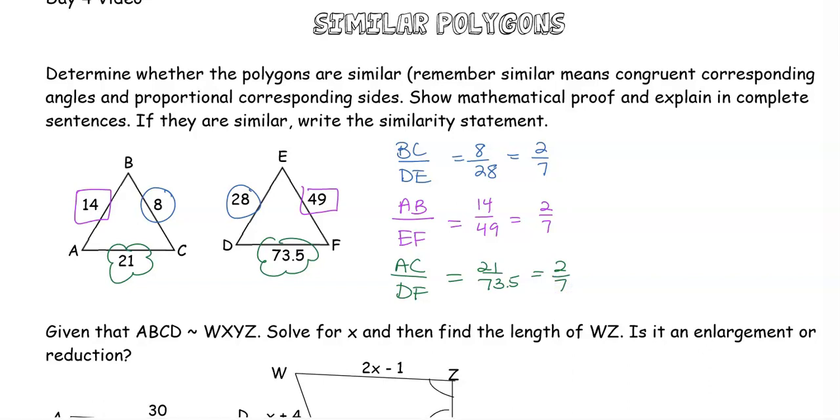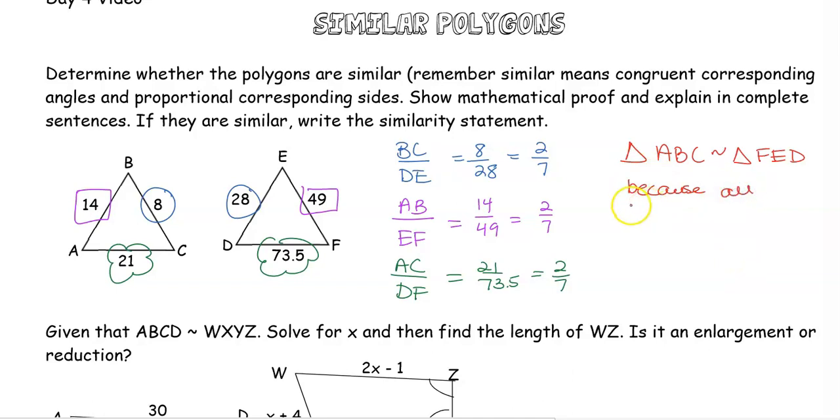So we are going to say triangle, and we look at corresponding order. If I just pick the first one, ABC, I went from A to B to C. So I'm going purple, blue, green. I have to follow that same order over here. So to go from purple to blue to green, I'm saying triangle FED. Remember, how you name the first one doesn't matter, but you have to match it up corresponding to the second one. So I can say that triangle ABC is similar to triangle FED